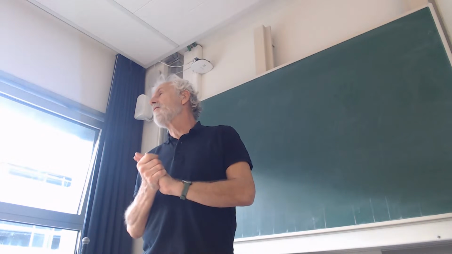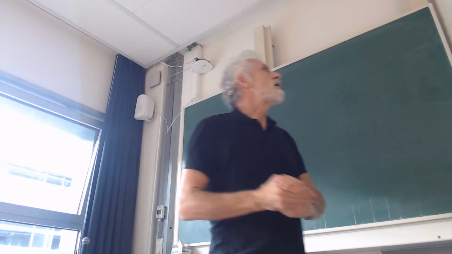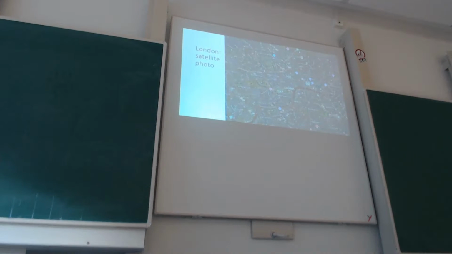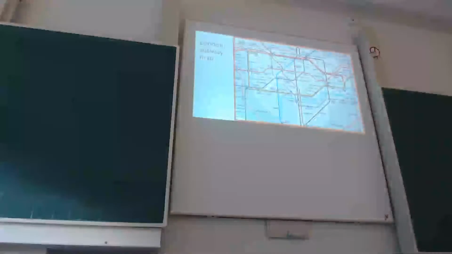Another typical example of a model is a map. You can have a very complicated city like the city of London, which we here see on a satellite photo. And then you can make a map of that, and that map here is the map of the underground will do. You want to know what's going to happen with the system, what is going to happen by looking at each of the objects, each of the properties, and then that will be the later stage, what's happening over time. So if you want to understand what